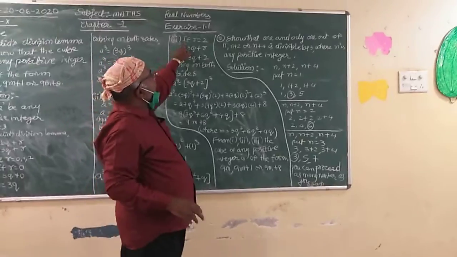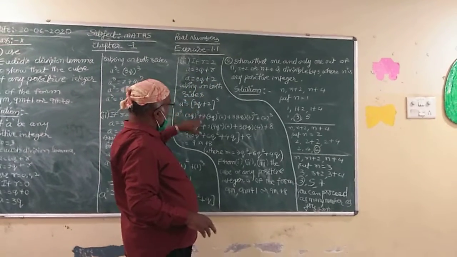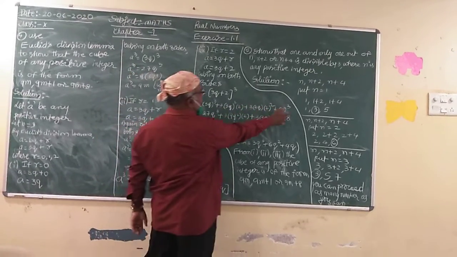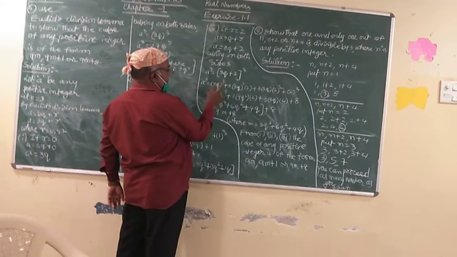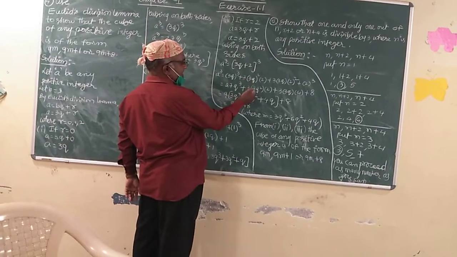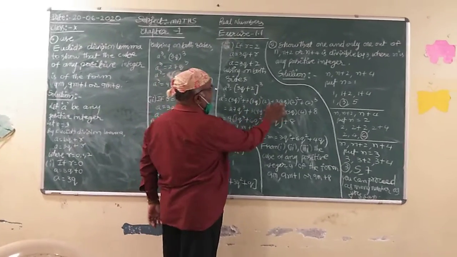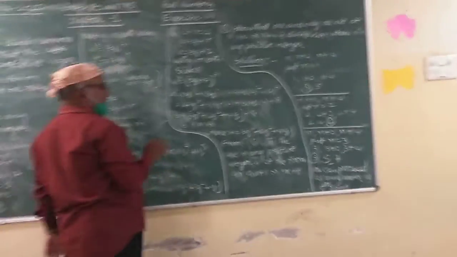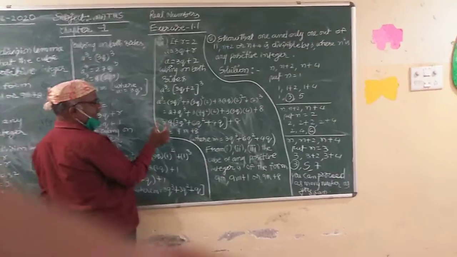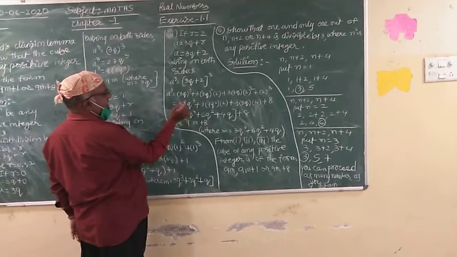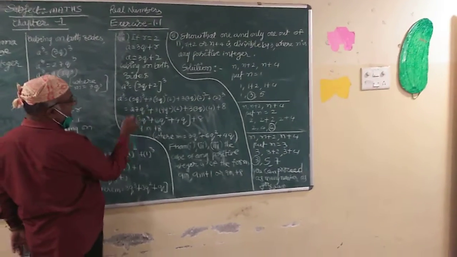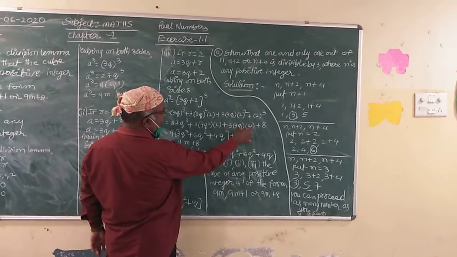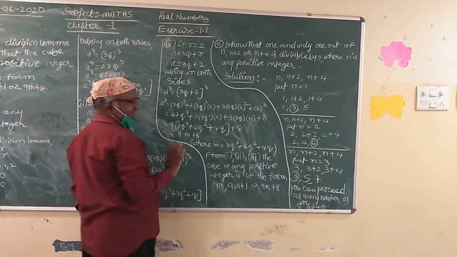Lastly, if r is equal to 2, a is 3q plus 2. Cubing on both sides, it is in the form of a cube plus 3a square b plus 3ab square plus b cube. 3q cube is 27q cube. 3 into 3q square is 9q square into 2. 3 into 3q, 2 square is 4, 2 cube will give 8. From the first, second, third terms, I am taking 9 common. 9 3s are 27 q cube. I have taken 9 common, left with 3 2s are 6q square. 3 3s are 9, I have taken common. 4q left. Lastly, 8 is as it is.